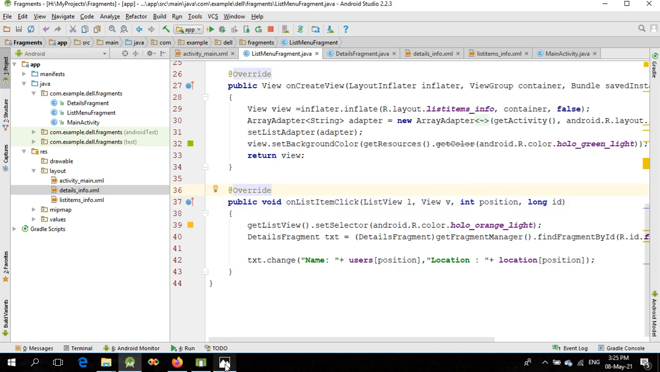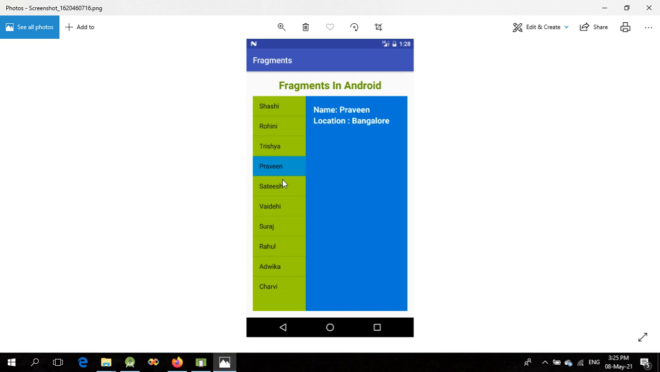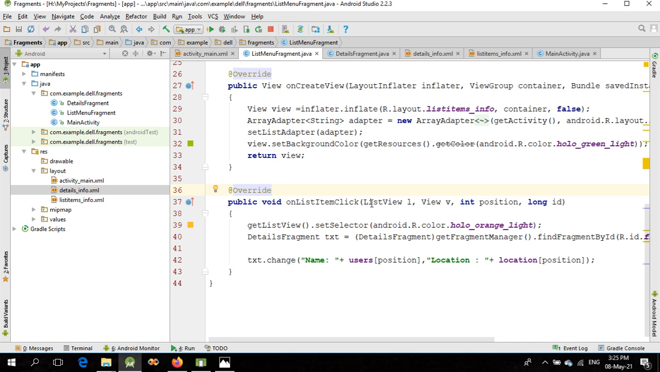For example, say the user has selected this fourth one starting from 0, it is the third index. As soon as the user clicks on this particular Praveen list item, then this particular position variable will contain the value of 3. And here this string becomes,